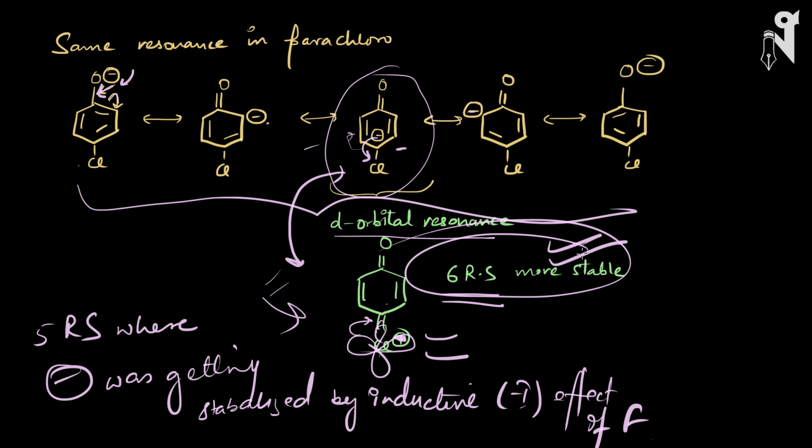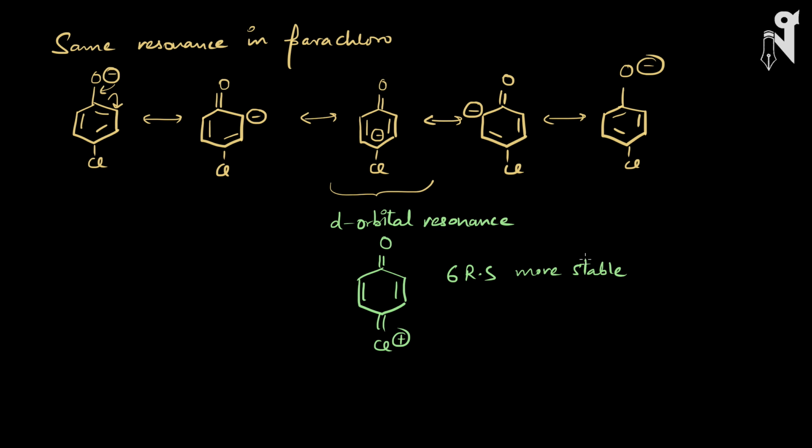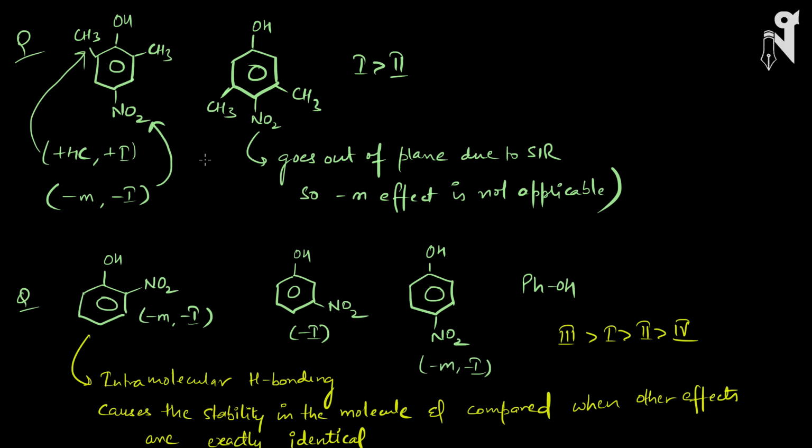So basically after releasing hydrogen, the conjugate base is more stable for chlorophenol than your fluorophenol, and hence chlorophenol is more acidic. This is how exactly you have to solve such kind of questions. The questions can be a little tricky. You have to use your brain and you have to use different approaches, different concepts, different electronic effects which we have worked upon. All you have to do is understand and use them all together to get the right answer. Now let's look at the next question very quickly.